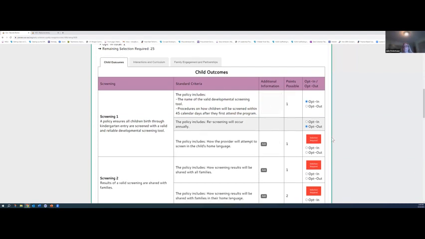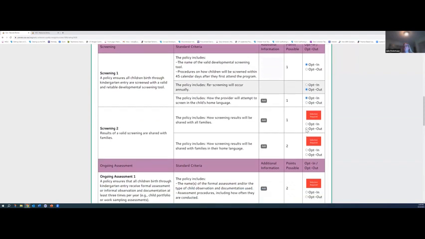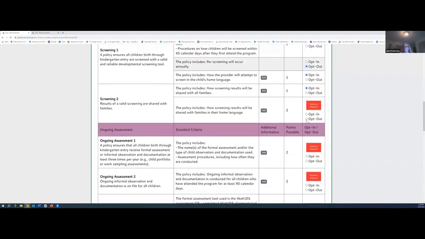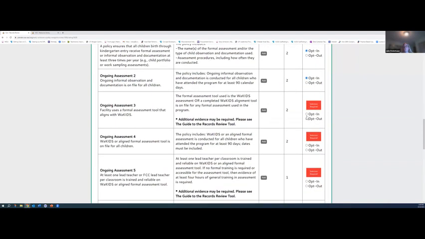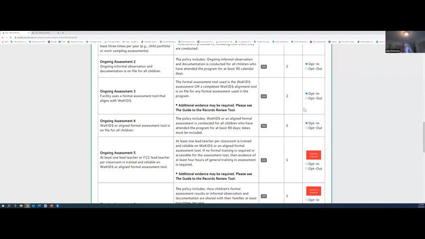It doesn't matter. But they can choose all of their opt-ins and opt-outs and go through all of them here.